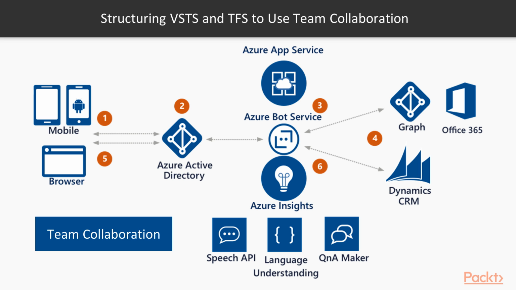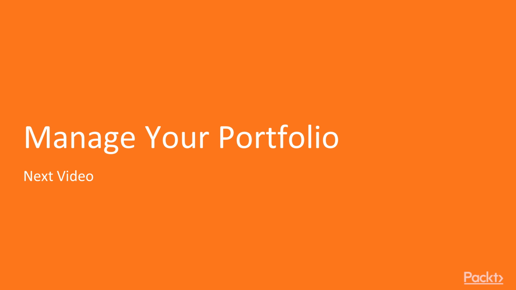You can bring in things like Bot Framework, you can bring in any of the Microsoft Cognitive Services that are at the bottom. You could also bring in your CRM, your Office tools. You can start looking at really the art of the possible of what you can do when it comes to team collaboration. In the next video, I'm going to manage your portfolio